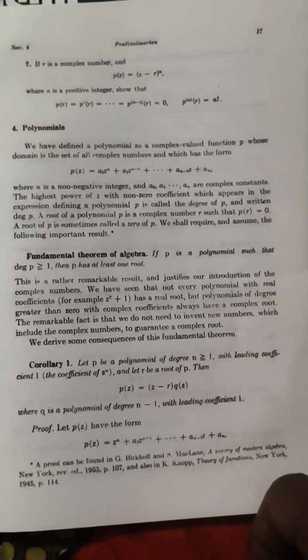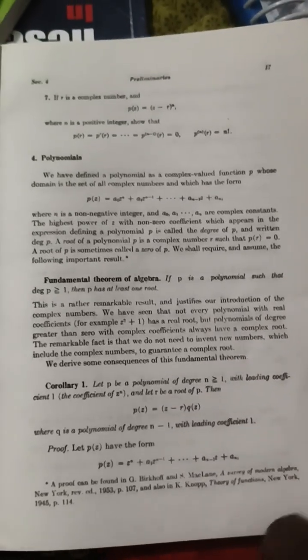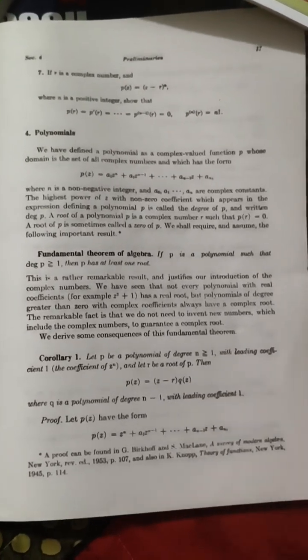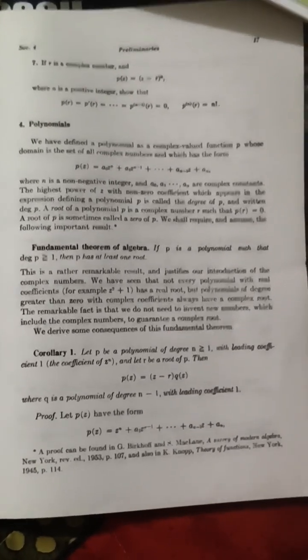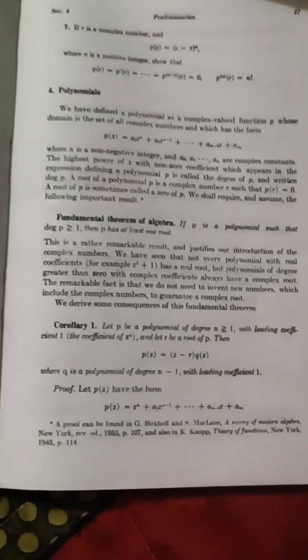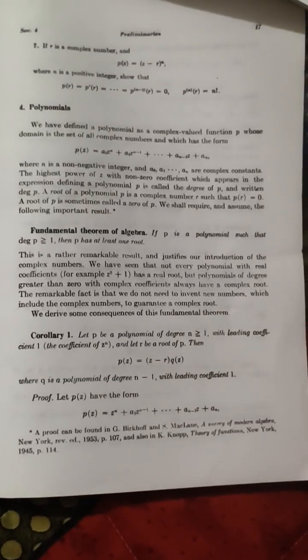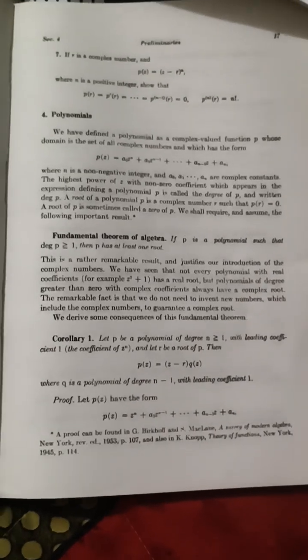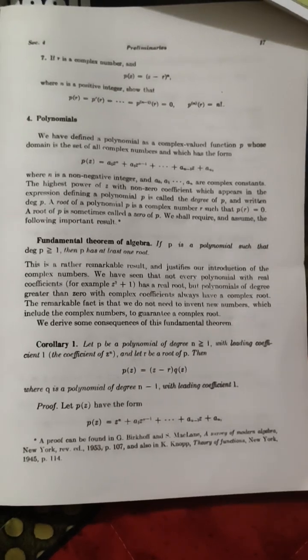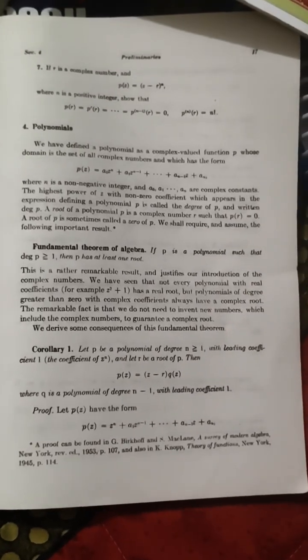Now in the preliminaries we come to polynomials, which we studied from the 8th to 9th standard. A polynomial means the degree decreases, suppose the first degree is 3, then 2, then 1, and then 0. This is called a polynomial. We know a quadratic equation, suppose x square plus ax plus b, or ax square plus bx plus c. In this the degree of x is 2, then 1, and then the last degree 0.